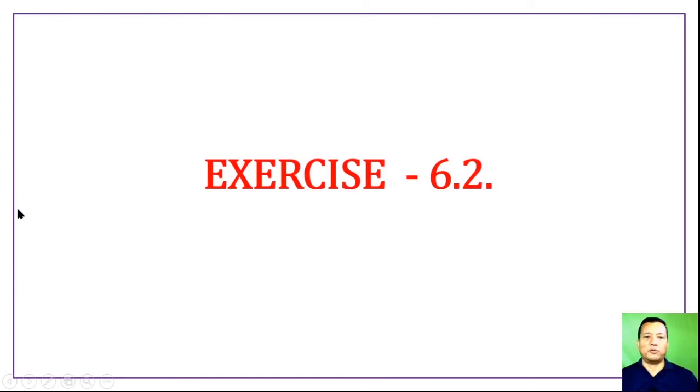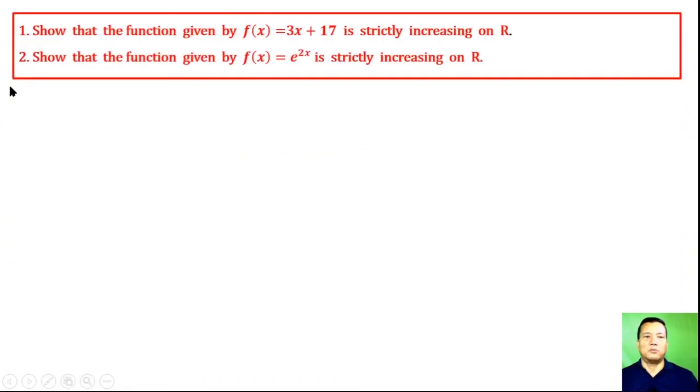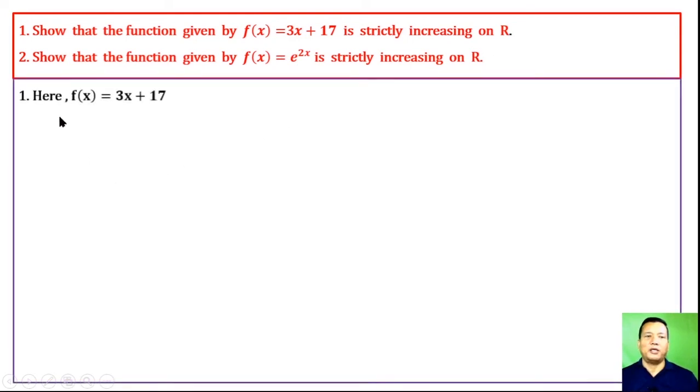Exercise 6.2. So question number 1, show that the function given by f of x equal to thrice x plus 17 is strictly increasing on R. F haiba function is a set of real numbers that strictly increasing oigani utlu haibani. Here f of x is thrice x plus 17 whose derivative let x and y belong to R